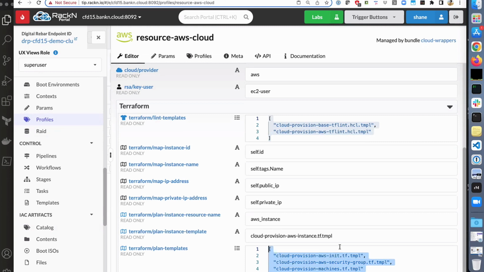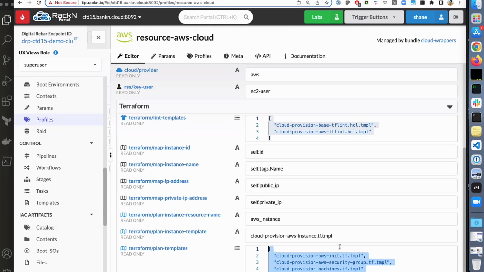And then these are actually the decomposition. So if you were to look at this Terraform initialization, sequence, group, and machines, it actually maps into initialization, security, and machines. But as a security provider or something like that, I could provide alternate templates in this and then